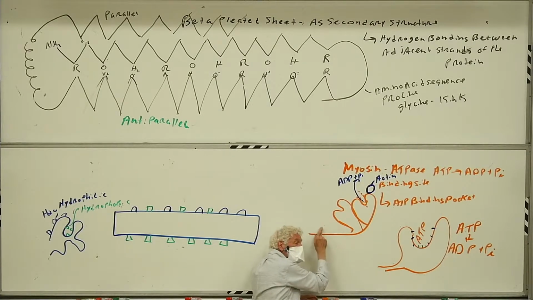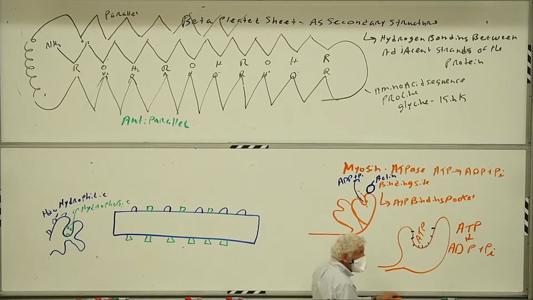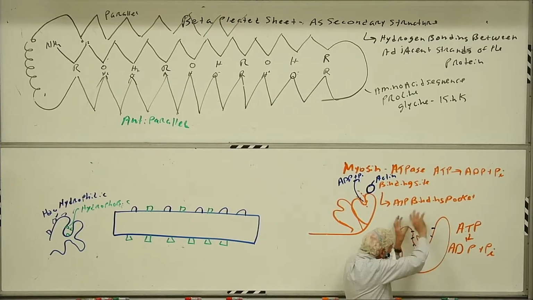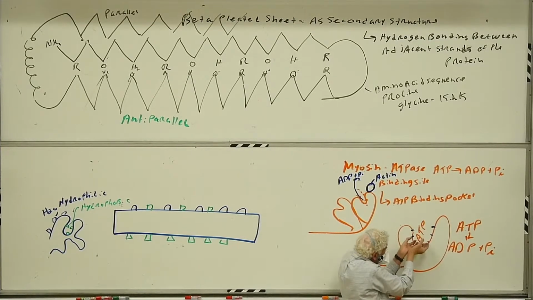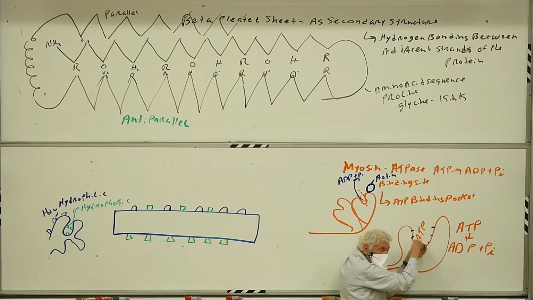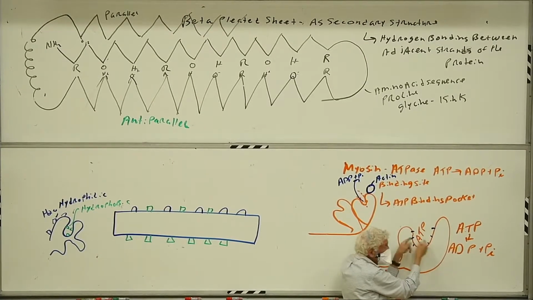Well, all I want to point out today, and we'll get into this detail much later, is that this myosin head has a binding pocket, and part of its three-dimensional organization, dependent upon its amino acid sequence, allows for the ATP to fit snugly into that site. So snugly does it fit into that site that charge